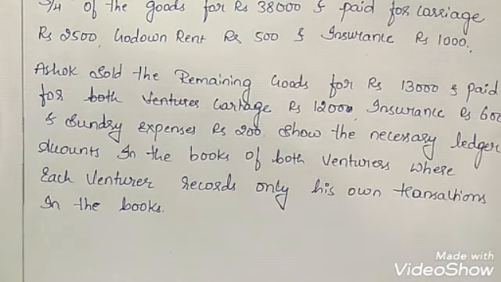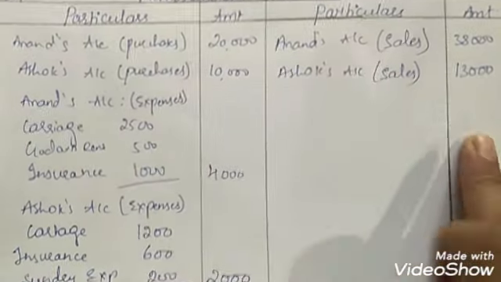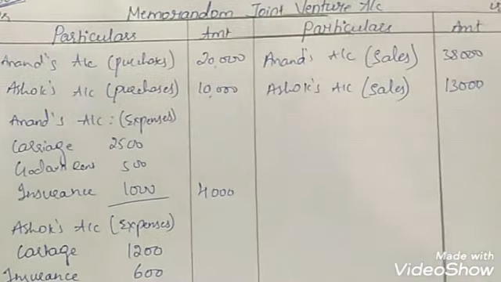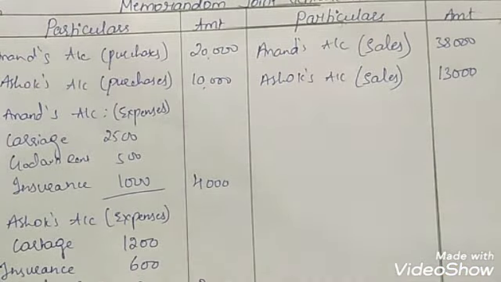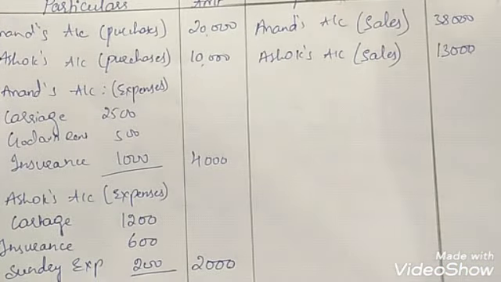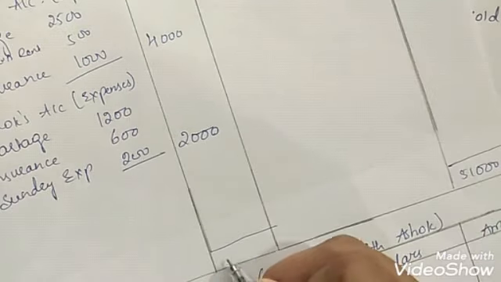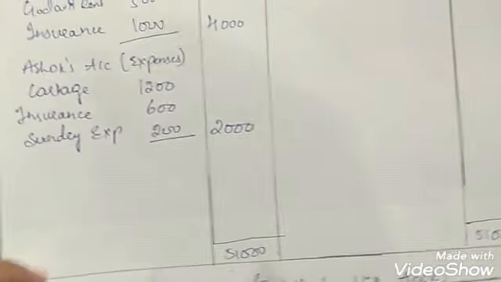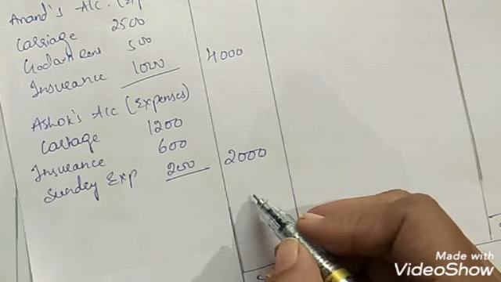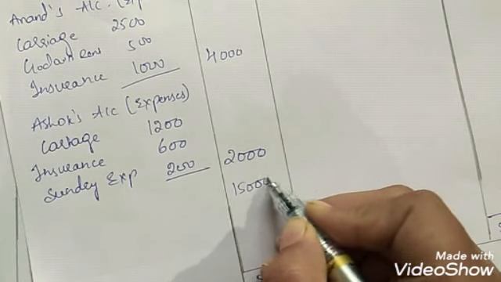in the books. Okay, so we have recorded all the transactions now. Everything which appears in the joint venture account has been recorded, right? Now we have to total both the amount columns and check on which side we have more amount. Here the credit side is bigger, right? Total on credit side is rupees 51,000. Deduct all these amounts from 51,000, so we'll get a balancing figure. We are getting a balancing figure of 15,000.